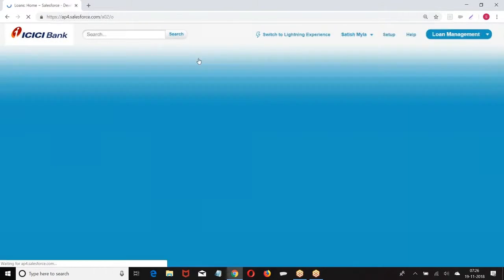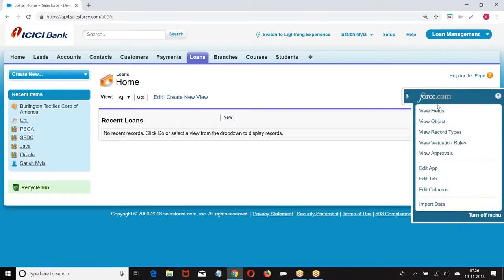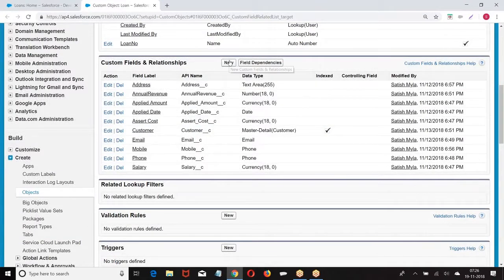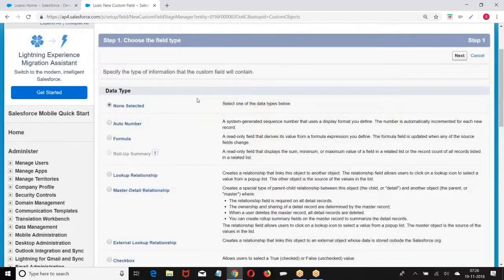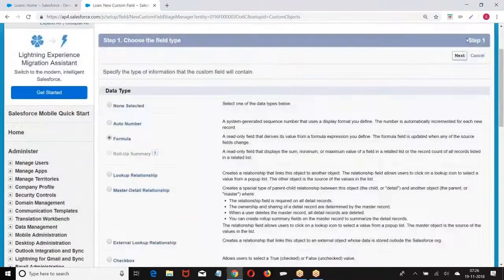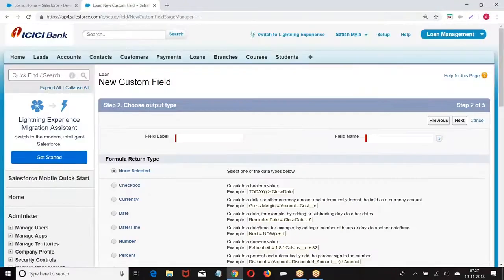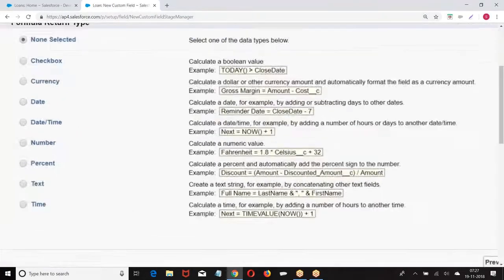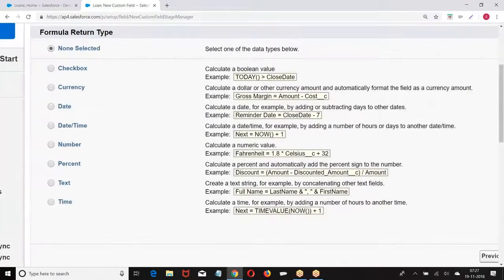Any formula that I write, you take a new formula. Next, any formula that we write, the result will be checkbox (true or false), currency, date, date time, number, percent, text, or time.